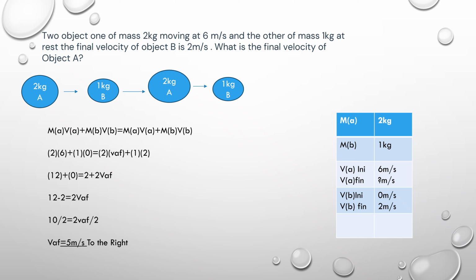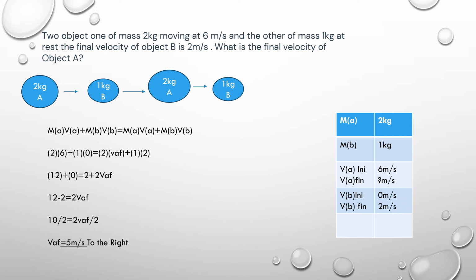You need to collect your data so that you can see what you have and what you don't have. So we're going to write the formula. The formula is the same. Mass of object A times velocity of object A plus mass of object B times velocity of B is equal to mass of object A times velocity of A plus mass of object B